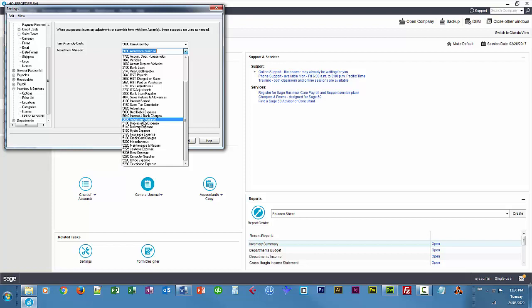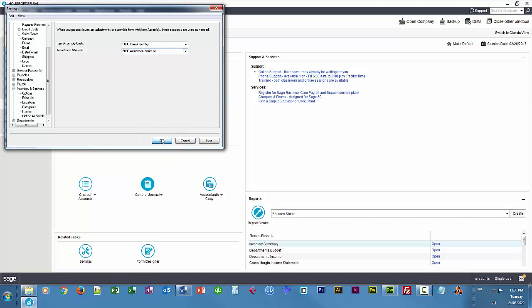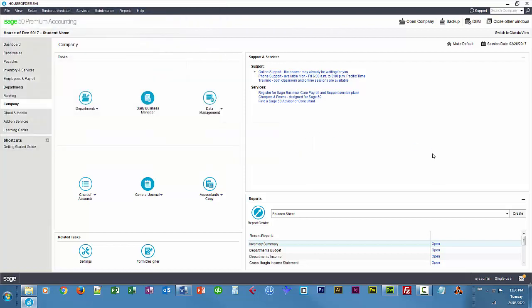Oh, we don't have variance here, and I'll choose OK. Alright, so now I'm going to create an item that's made up of several items. So this is basically like a room that we set up, and we suggest all of the items that go in this room, kind of like a showcase room in IKEA. So if I go back to inventory